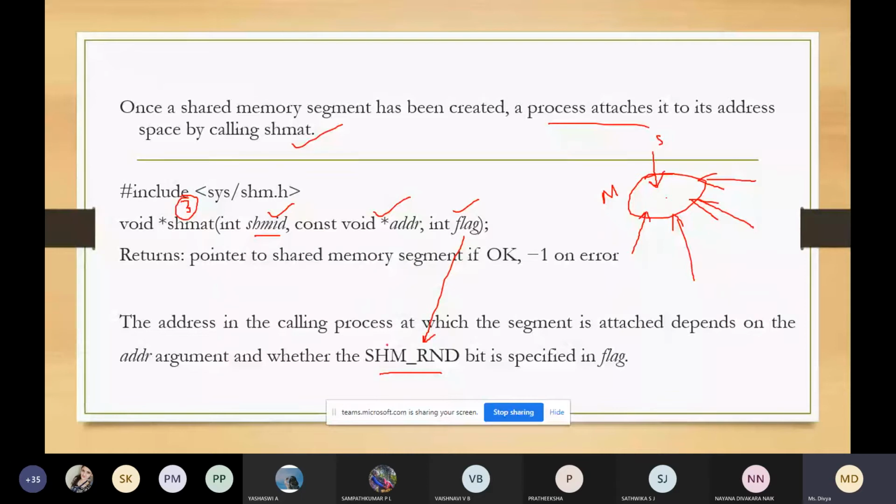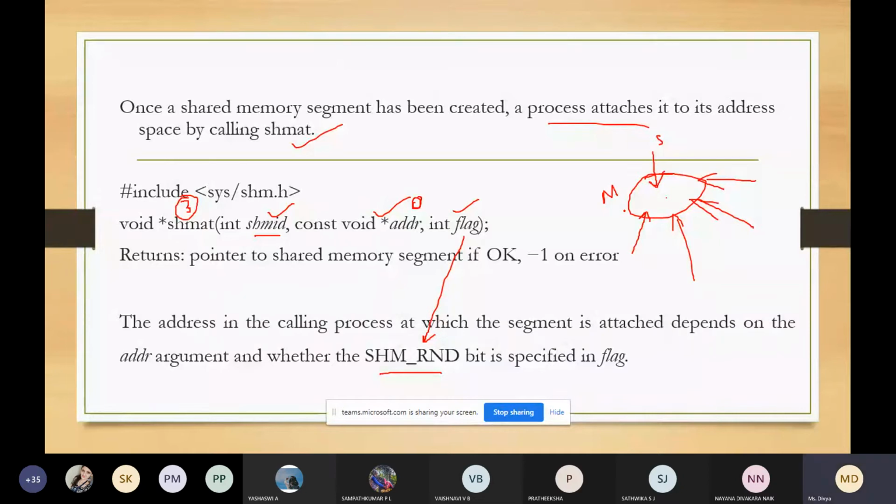Suppose the address is 0, if you are giving the value as 0, then the segment will be attached to the first available address selected by the kernel. So this address will be at the first available address space.